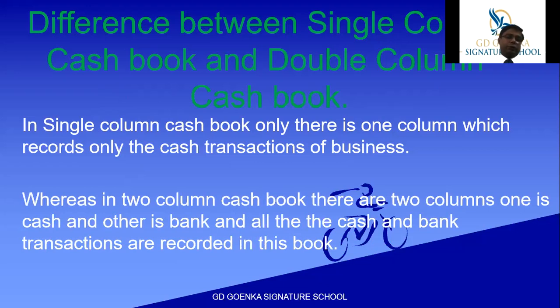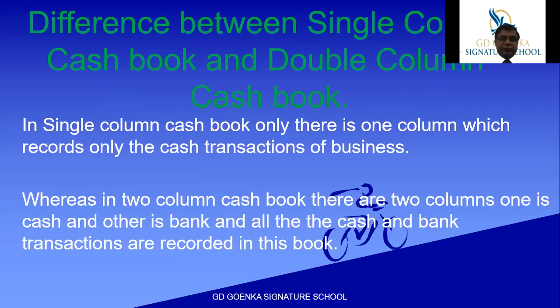Before we proceed to how to prepare the two column cash book and what its format is, what the peculiar things about it are, we need to go into details about why we prepare the two column cash book. We need to prepare it because most of the transactions of businesses nowadays happen through the bank. So keeping a proper bank record of the transactions is very much a necessity. That's why we need to prepare the two column cash book.